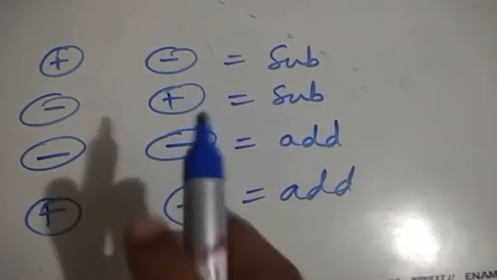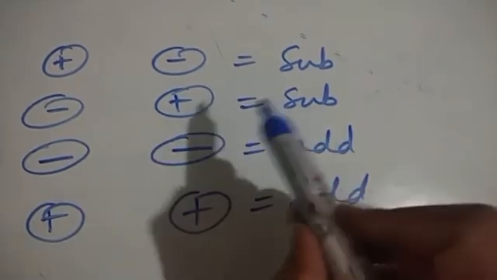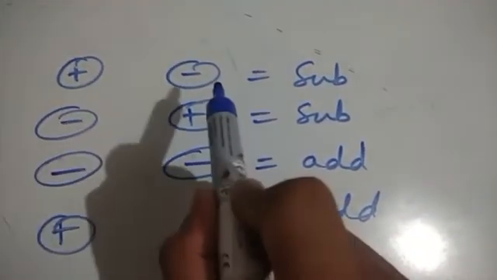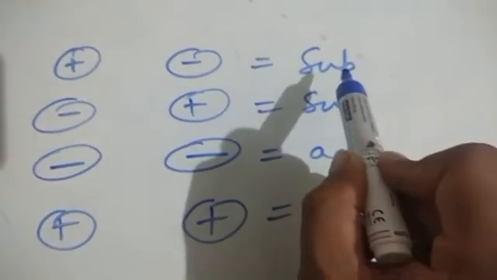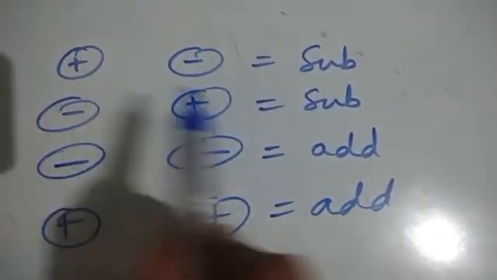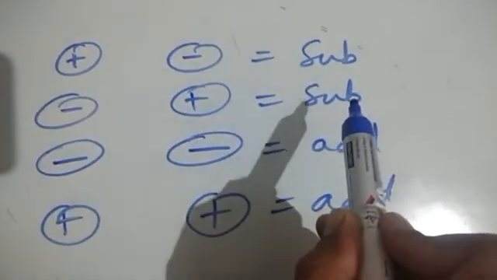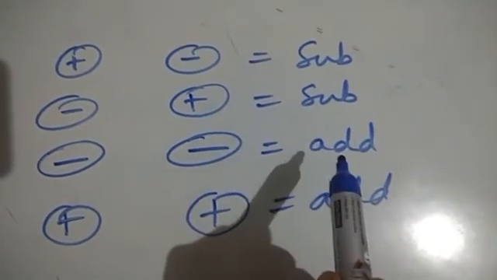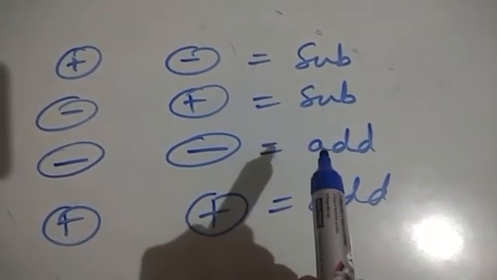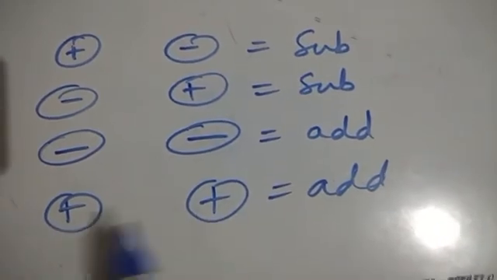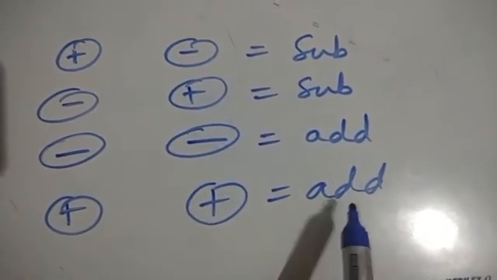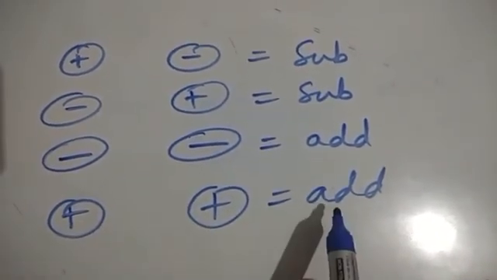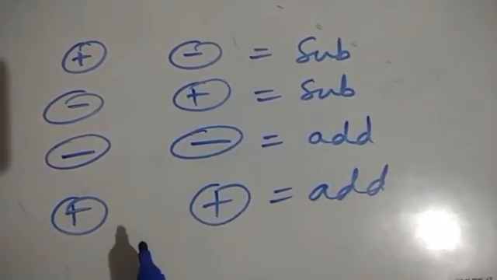Students, one thing you remember that if one integer is positive, another one is negative, we have to subtract. As well as if one integer is negative, another one is positive, again we need to subtract. But if both the integers are negative, we need to add. But answer will carry negative sign. And if both the integers are positive, then again we need to add. And answer will carry plus sign. I hope you understood this concept.